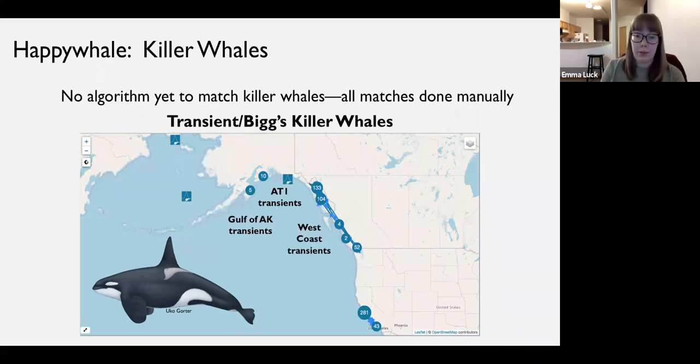Then we have the West Coast transients, which represent the bulk of the sightings that we have on Happy Whale. And their sightings are concentrated around Southeast Alaska, British Columbia, and Washington. And so if you're in the Southeast Alaska region and you see a transient killer whale, you're looking at a West Coast transient most likely. This is a population of around 300 or so transient killer whales that ranges from Southeast Alaska all the way